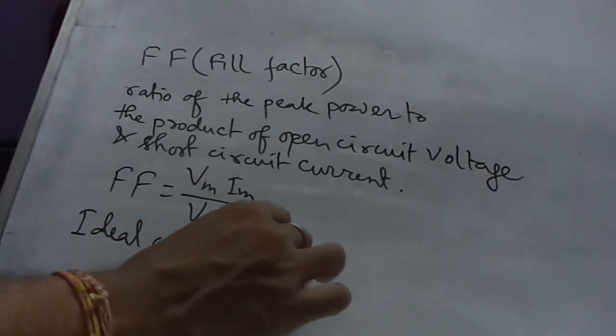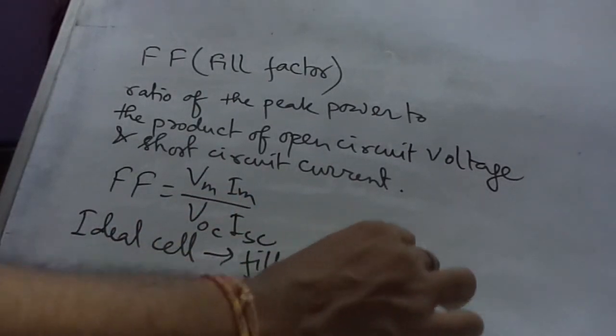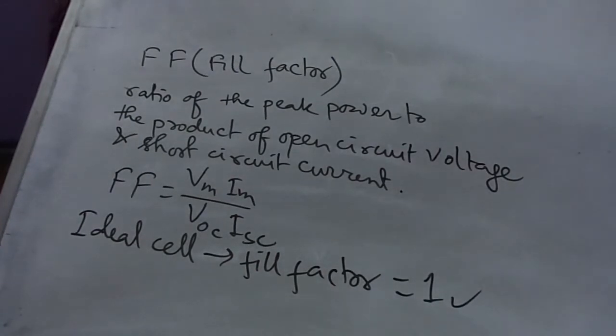Fill factor is equal to 1. Ideal cell, unity. In order to maximize the fill factor, the ratio of the photocurrent to reverse saturation current should be maximized while minimizing internal series resistance and maximizing the shunt resistance. Typically, its value for a commercial silicon cell is in the range of 0.5 to 0.83.